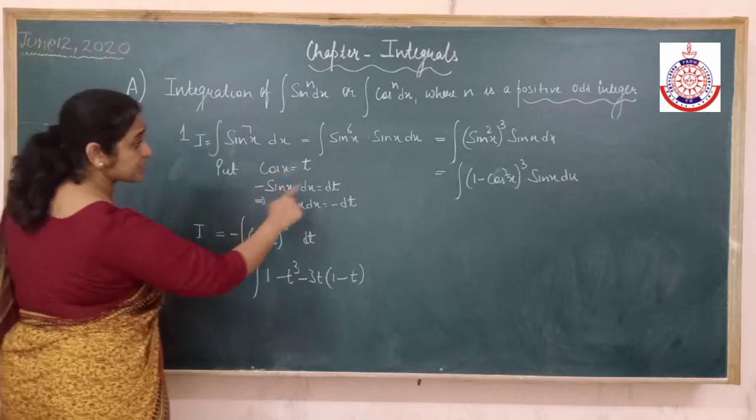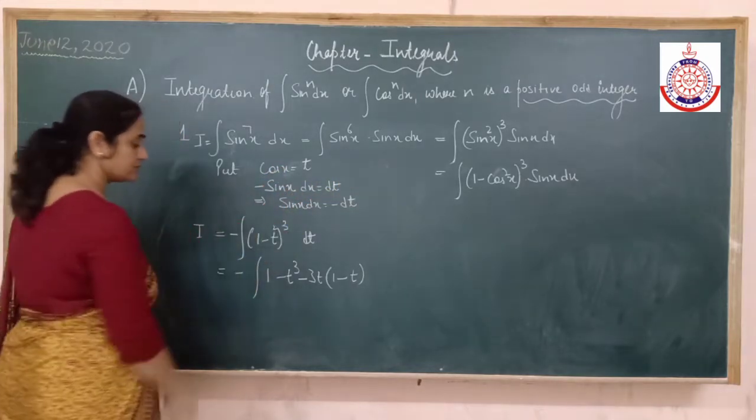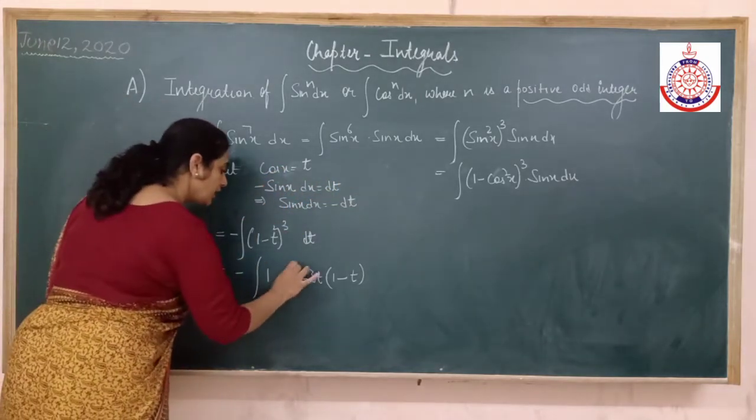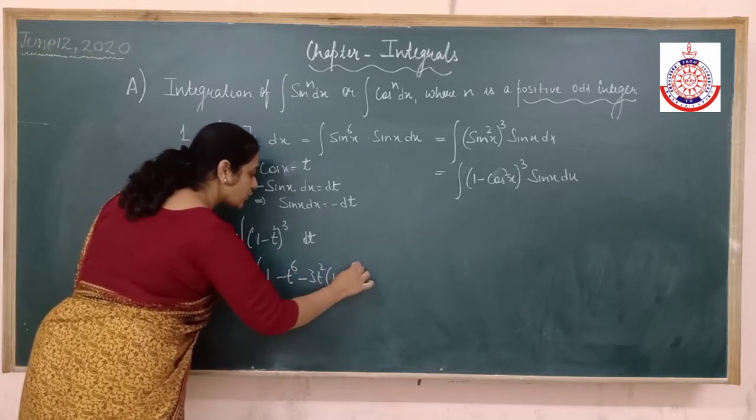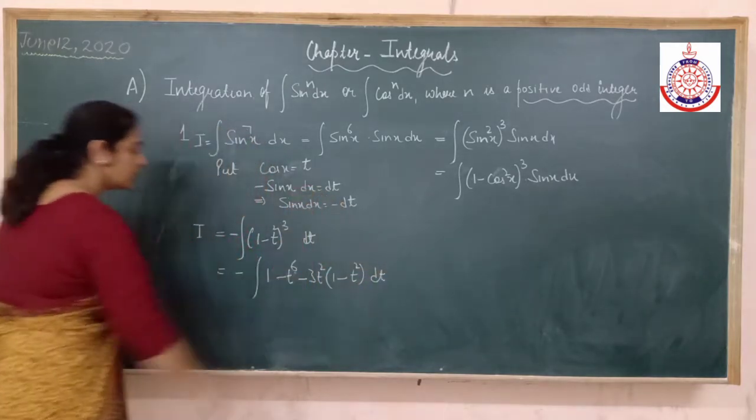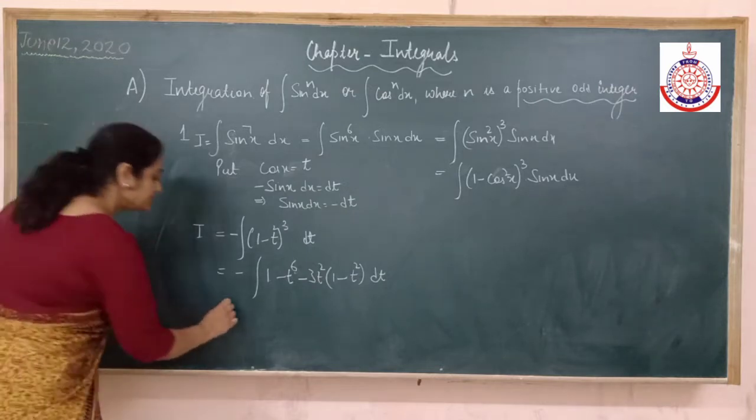Oh, that was one mistake. It was a value of cos, so it's a square. So it will be a cube, 6. This is square, this is square. So be careful. Alright.